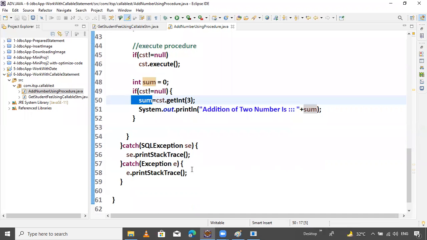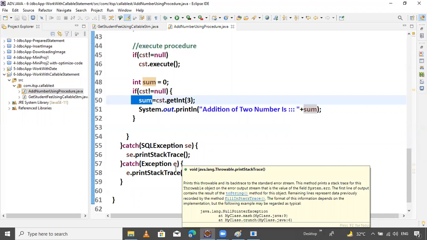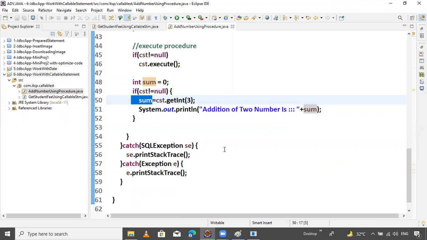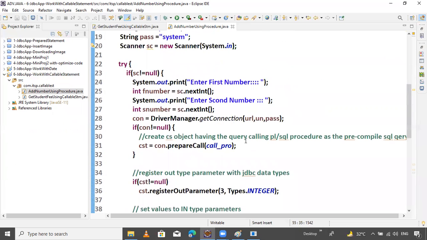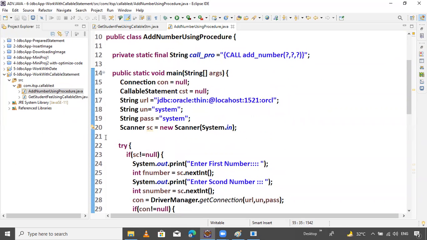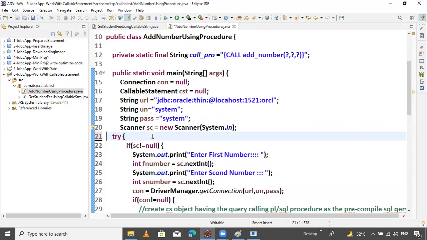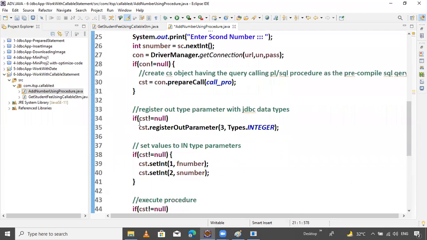It is printing. Now here you handle the exception, otherwise by using finally block you can close this. It's your recommendation. It closes the connection. Okay. It depends totally on you. So now our program is ready, guys. Program is ready for the execution. Let's try. Fingers crossed. This should be done perfectly.